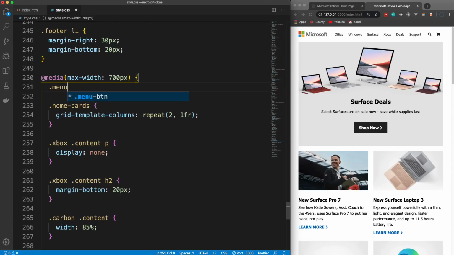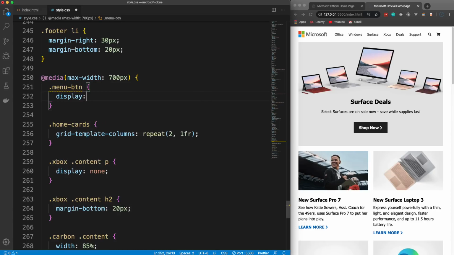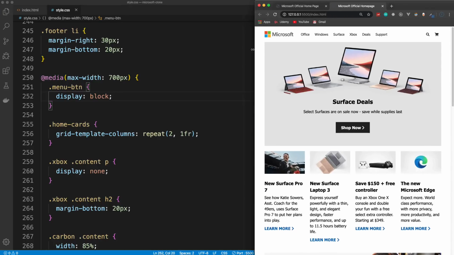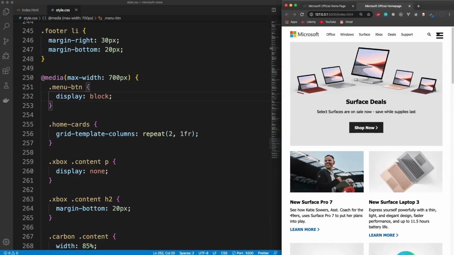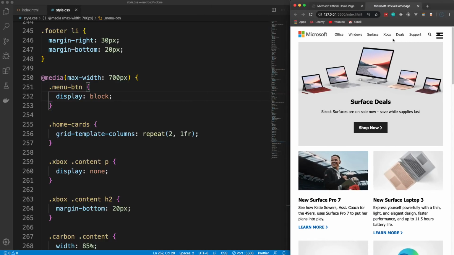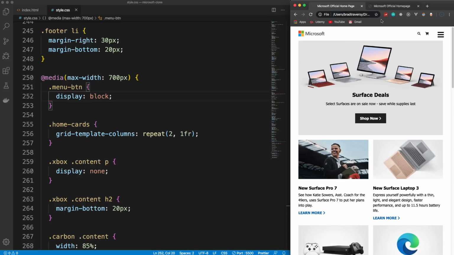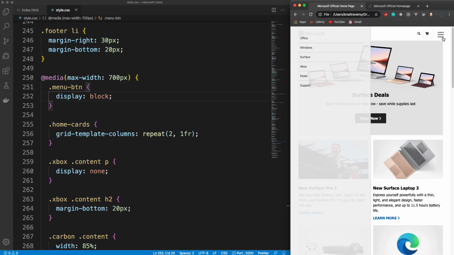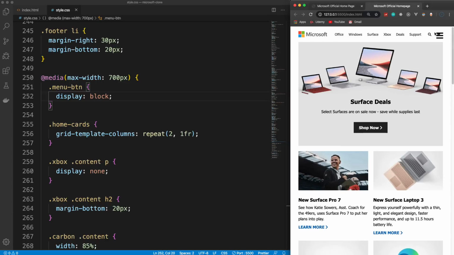So now our menu button, we want to set from display none to, let's say, display block. And now it shows because we're at 700 or lower. If I go up more, you can see it appears and reappears depending on the screen size. So when we're at this size, 700 or less, we don't want the main menu to show, at least like this. We want it to show like this if this is clicked, basically if we put a class of show